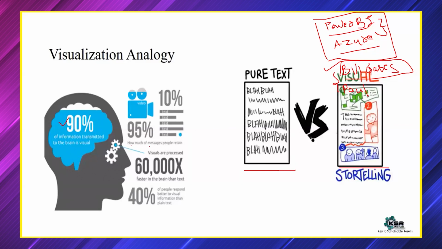How much do people try to retain? If you see, 90% of the information is transmitted via a visual in a normal human brain, and we try to remember 95% of this. Now, if a person is reading a novel, most of our movies nowadays are novel-based movies or story-based movies. Some reference of those movies is present in historical novels, or any novels written by writers nowadays. But we will never come across that novel. Most of them will always go and watch a movie rather than reading that novel.